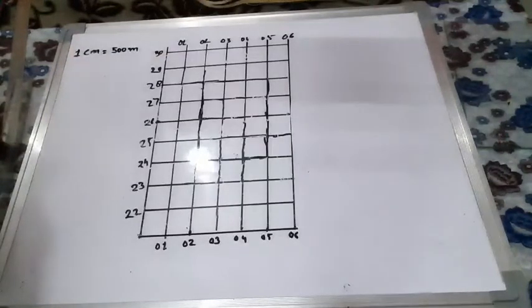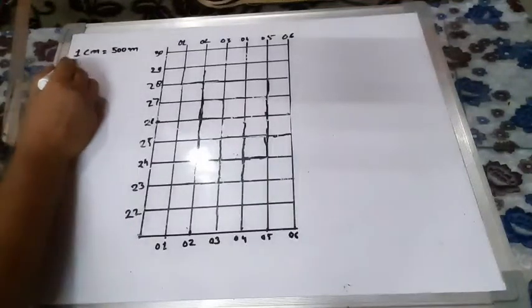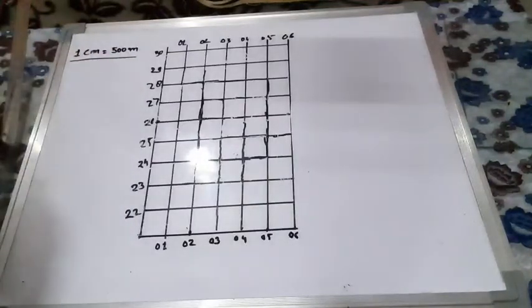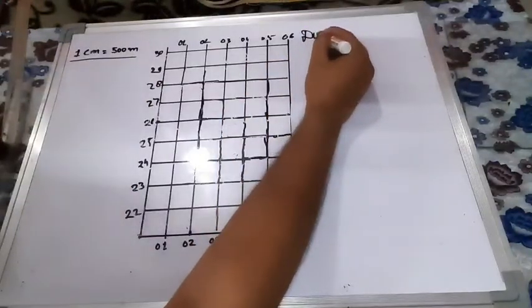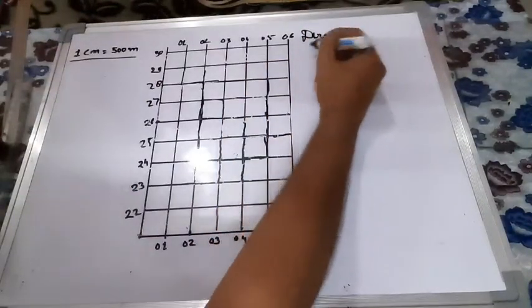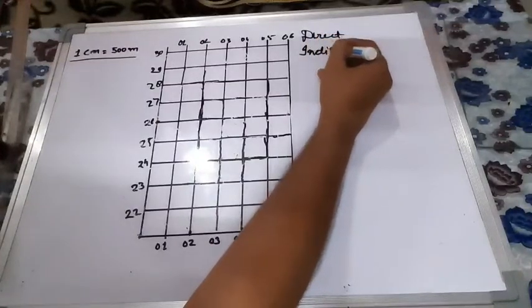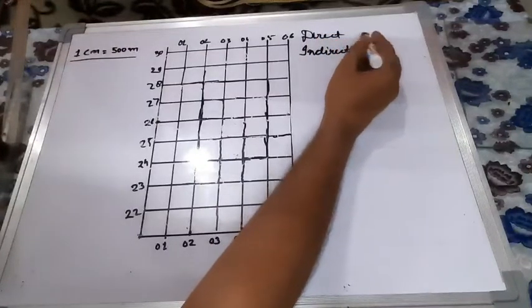Dear students, today in this recording, we will understand how to find out distance on topo sheet. Before going there, let me tell you the unit of your topo sheet is 1 centimeter is equal to 500 meter. And let me also tell you that there are two types of distances in your topo sheet. First one is direct distance, as I told you in my earlier video, and second one is indirect distance, है ना. So what is the basic difference between direct and indirect distance?